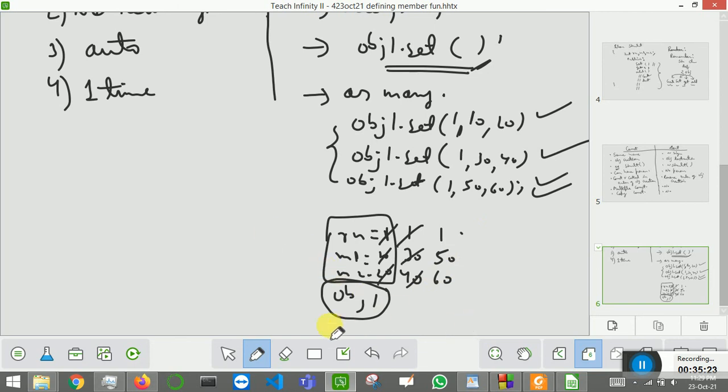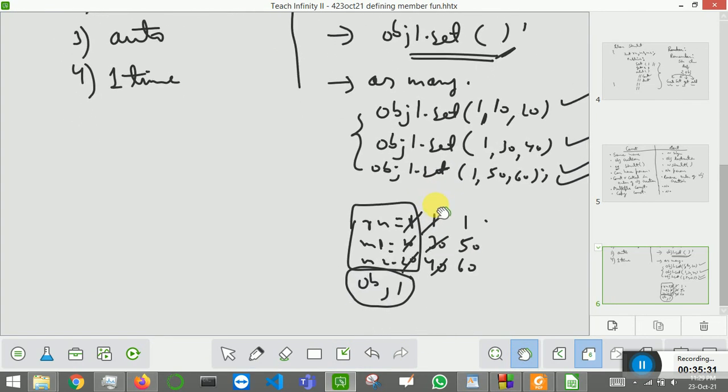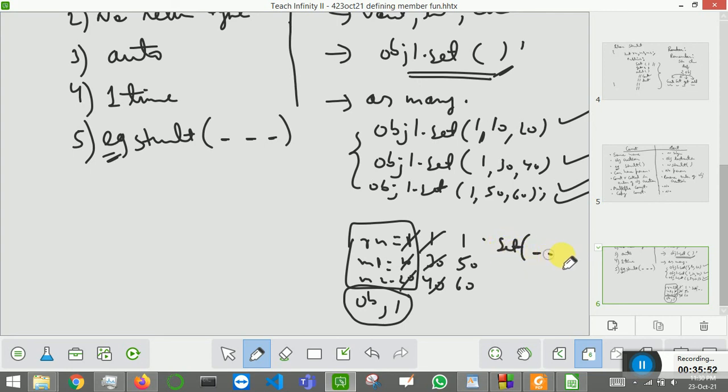Okay, and the next thing is, your constructors are called at the time of creating an object, and it must have parameters. Okay, and the next difference is, for example, let us write Student(int x, int y, int z). And for the set function, the example would be set(int x, int y, int z). Okay, so that's what you have to remember.